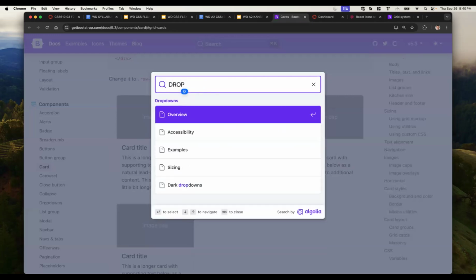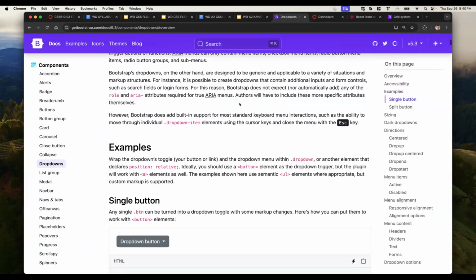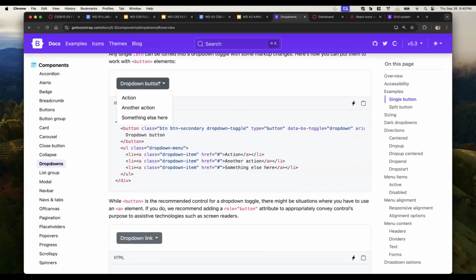So dropdown is just basically a button that when you click it, it comes up with a whole bunch of options that you can choose from, right? Now it does not use the standard DOM select element, the HTML select element with the options. Instead, it uses a combination of buttons and a list. The list is not shown at first, but when you click on the button, then the list appears. And then it has classes so that it floats on top of everything else,